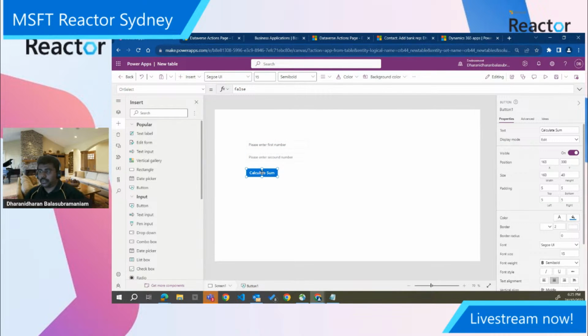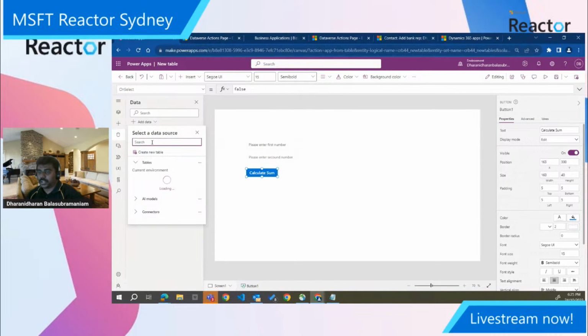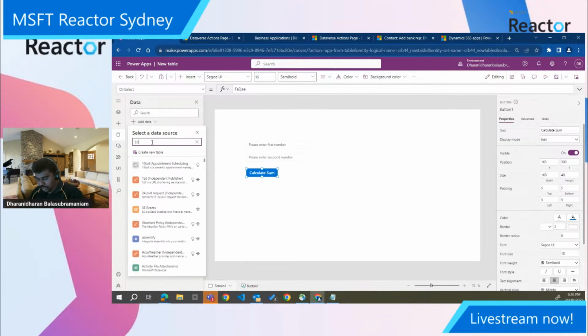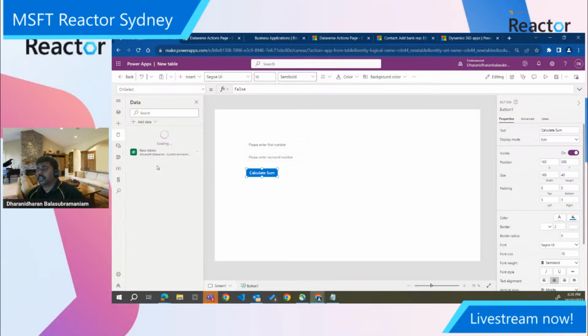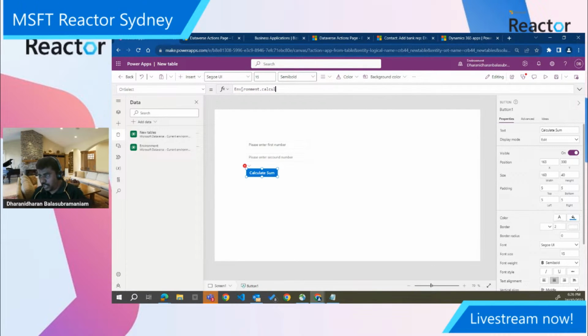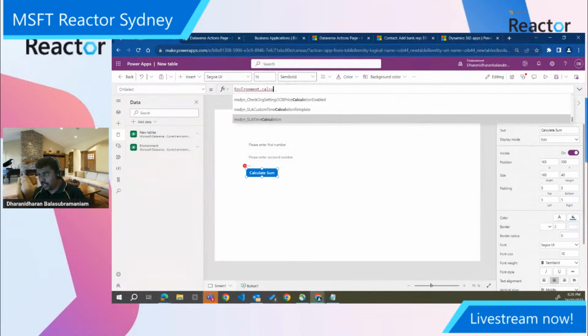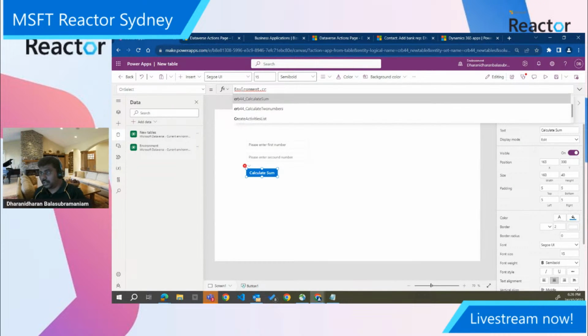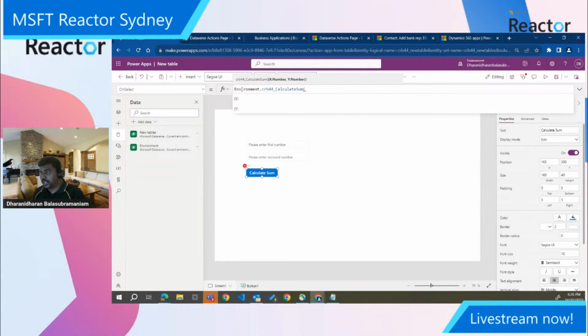So here, I'm going to call the instant plugin inside the Canvas app. In order to do that, we just need to go here and click on the environment. All the instant plugins, whatever you are creating, will sit in the environment table, so you need to access it from there. Now, on select of this, I will type environment, or calculate. I will put the name. You can see the calculate two numbers. I just go with the calculate sum, and then I will